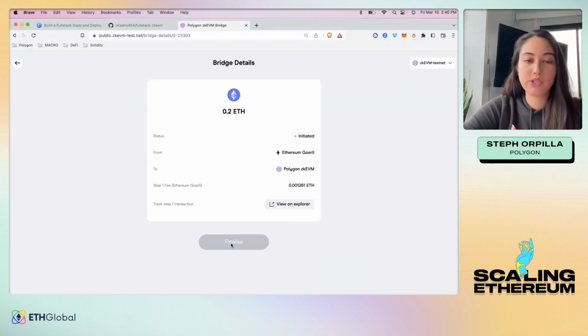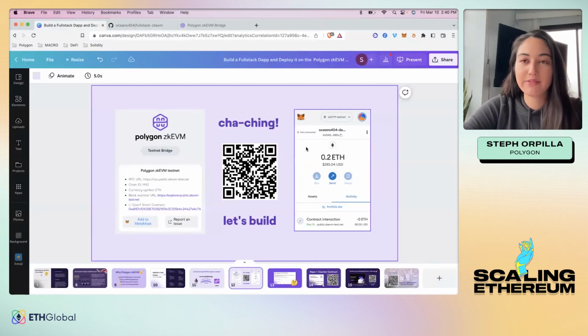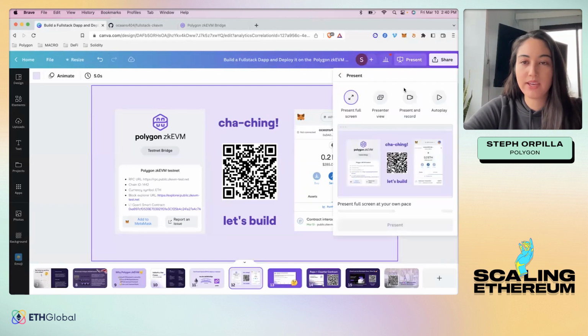So if you were to do this, you would just click the finalize button in 1 minute, and then you'd have that ETH. But we'll skip that step for time. Okay, so now that we have our testnet ETH, we can get to